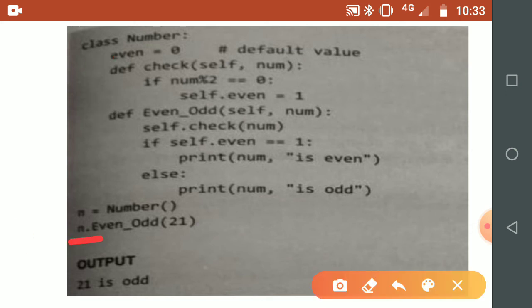Now what we have done here, we have accessed the method e1_odd by passing a parameter 21 with the help of the created object. Once we call that method, the control transfers towards the method's first line, the parameter 21 will get caught by num, and self of that method will point to n.